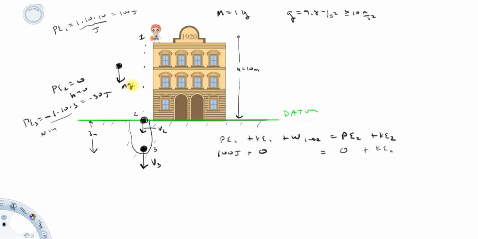If we ignore air drag for this video, and it'd be a reasonable thing to ignore considering it's a relatively low speed problem, there'd be no other forces acting on that ball to worry about. Now, as this ball moves from 1 to 2, it starts here, and gravity basically pulls it down, accelerating it. Gravity is doing work,